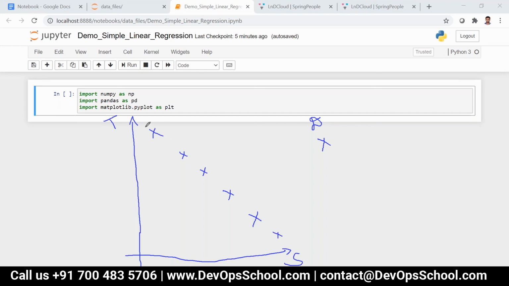Now if you join this line, it is a negative slope. So it's a negative linear regression, and the correlation between speed and time will be negative. So this we call negative correlation.